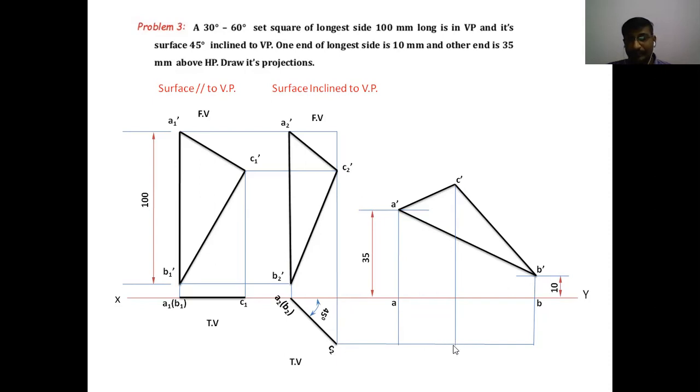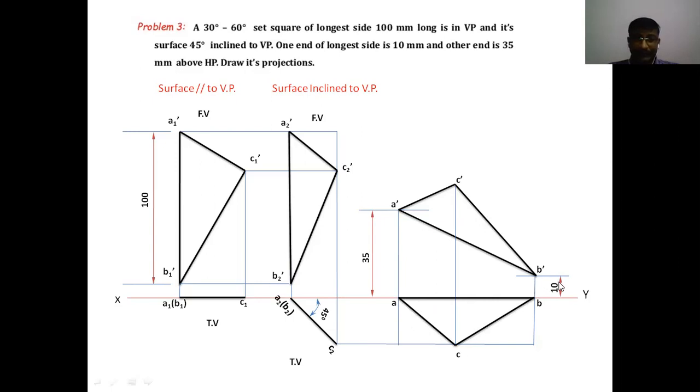The intersection point is C. This point is C. The corresponding projectors will be intersecting with each other. The intersection point will be taken as corresponding points. So by joining A, B with a dot pencil, and B, C, C, A, this is the required top view, the final stage top view after rotating the surface inclined to 45 degrees to the VP,